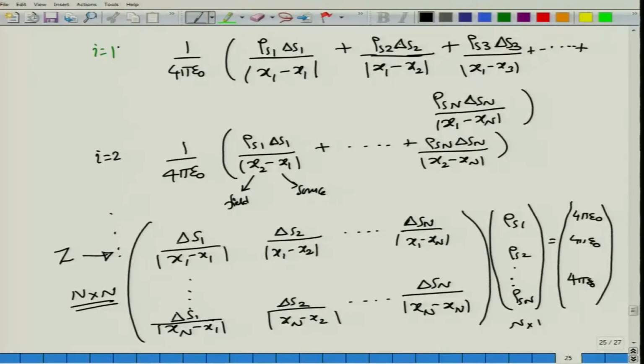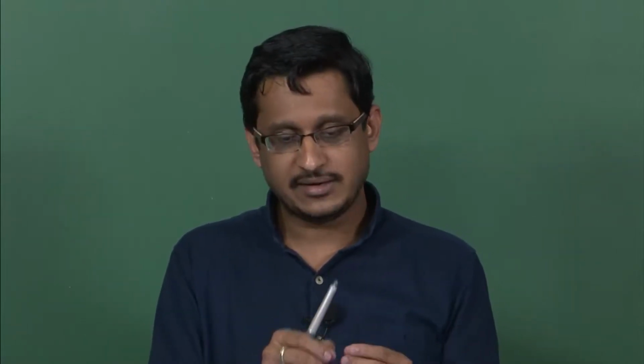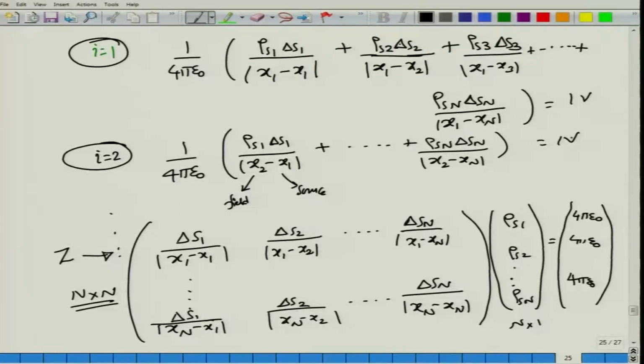Because I know that the potential at the i equal to 1 point will be equal to 1 volt. Similarly, the potential at the second section will also be equal to 1 volt, because that is the voltage that we have set on the wire. We have set the voltages and the voltage is set to be uniform. If it is not uniform, then you can write the appropriate values of the potential, whether it is 1 volt, 2 volt, however you have defined the potential. In this case, the potential at all the sections is equal to 1 volt. Therefore, this 1 by 4 pi epsilon naught, when you take it to the right hand side, simply becomes 4 pi epsilon naught. So now I have a very interesting matrix out there.